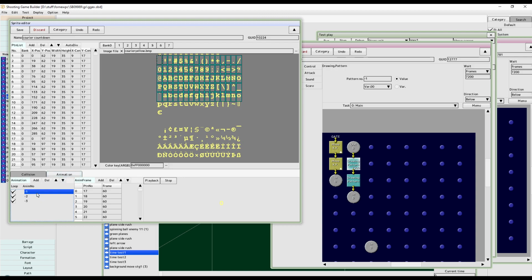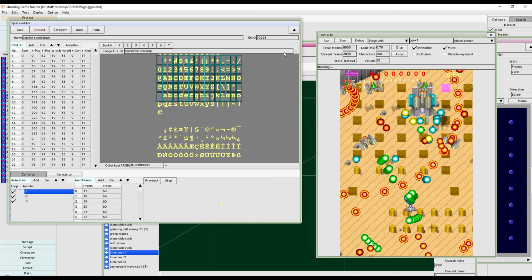Pattern 1. And this is the seconds over here on the second slot side. I'm gonna show you